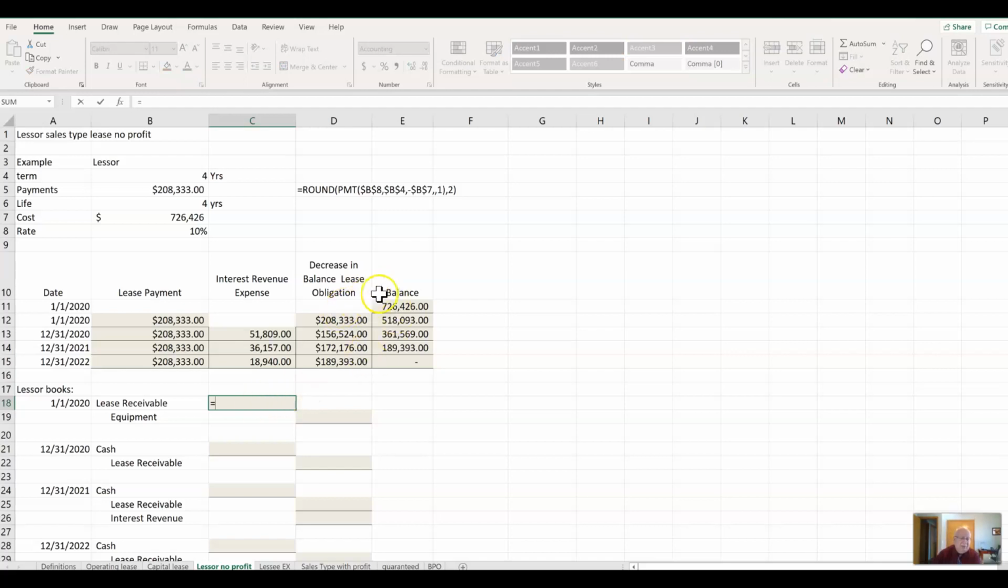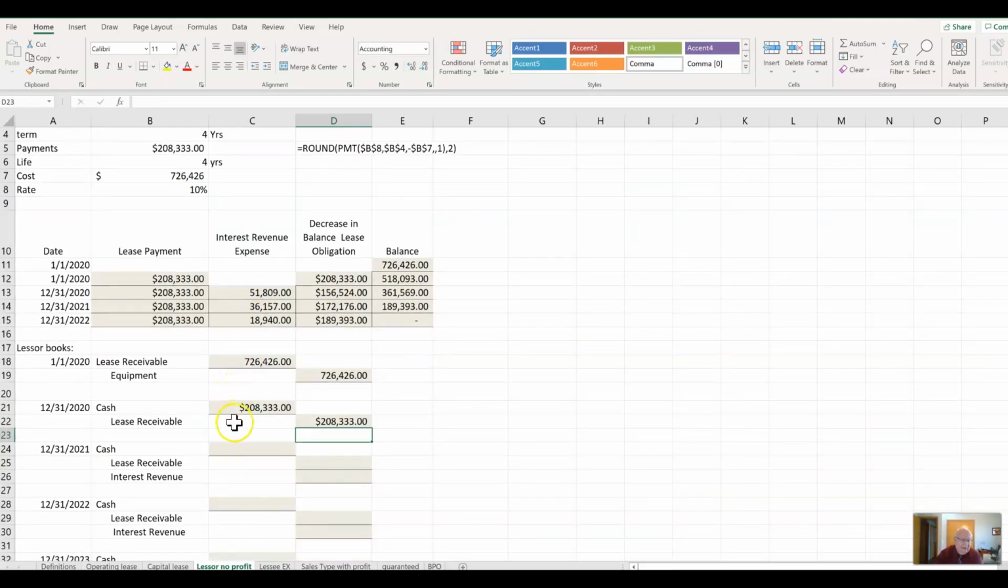So the lease receivable is the 726. Okay, it's the 726. Equipment is the cost of the equipment, which is the same dollar amount, 726. Okay, and the first payment, this is the cash here, and this is the reduction in the lease receivable, because the payments are at the beginning of the year. Okay, so now down here, what we would have would be